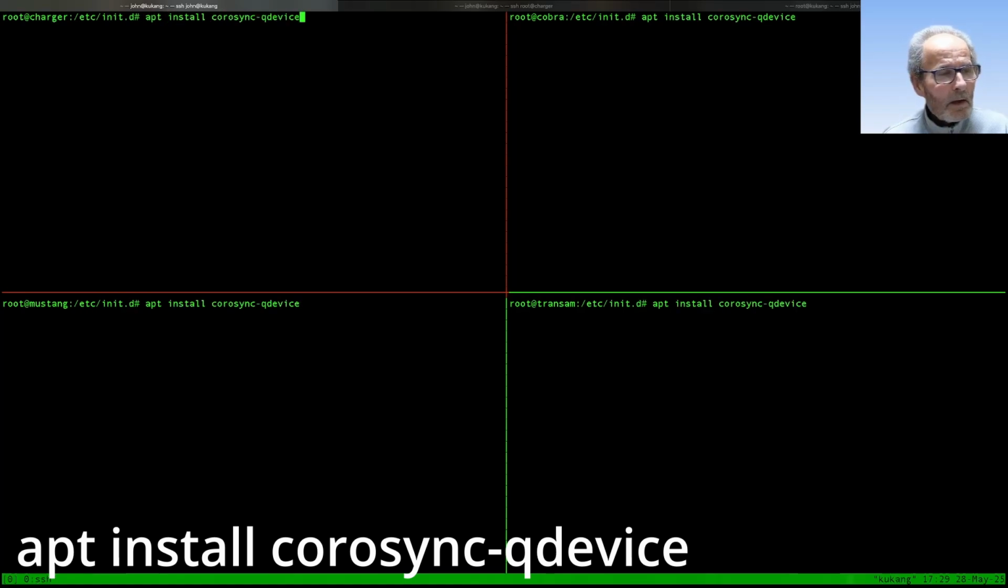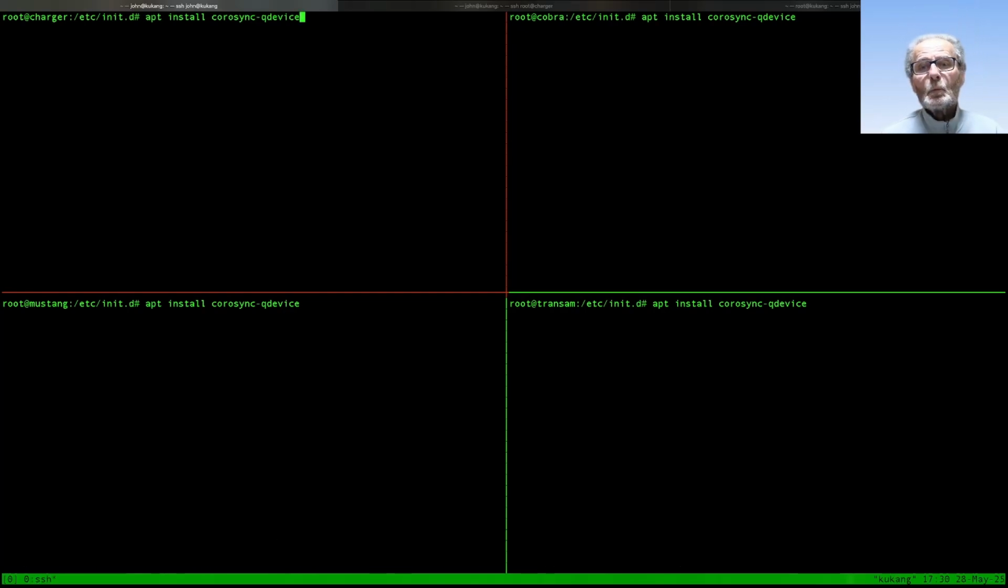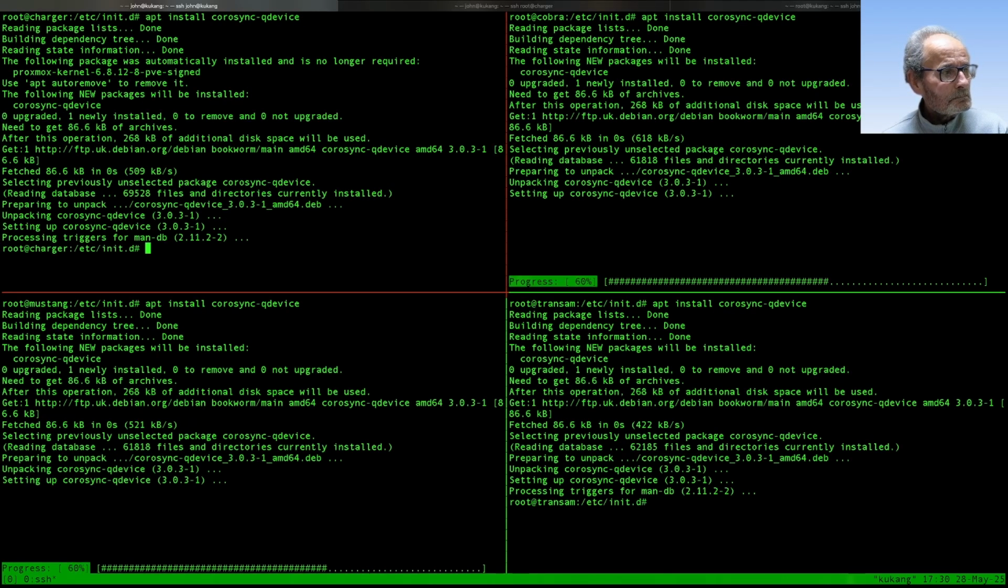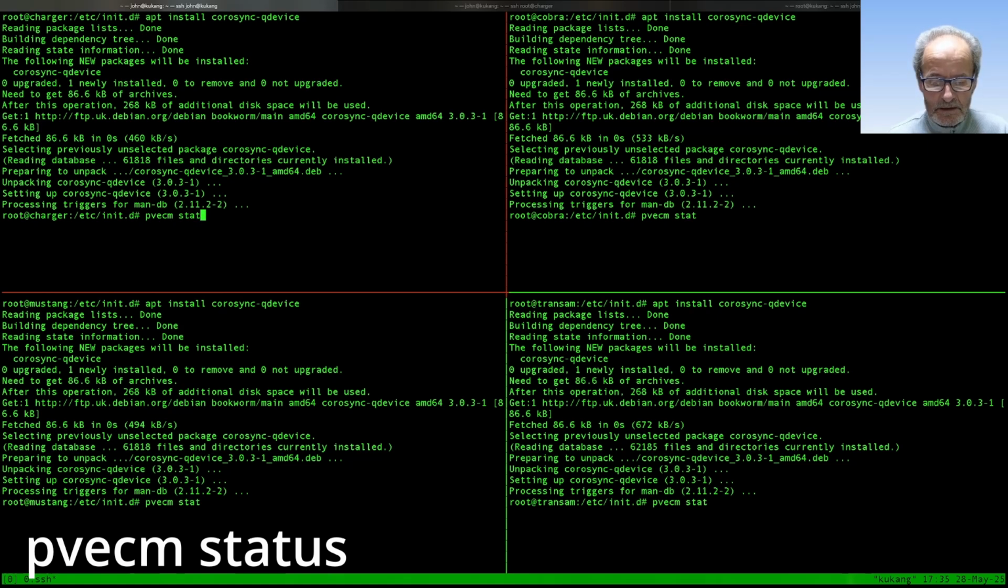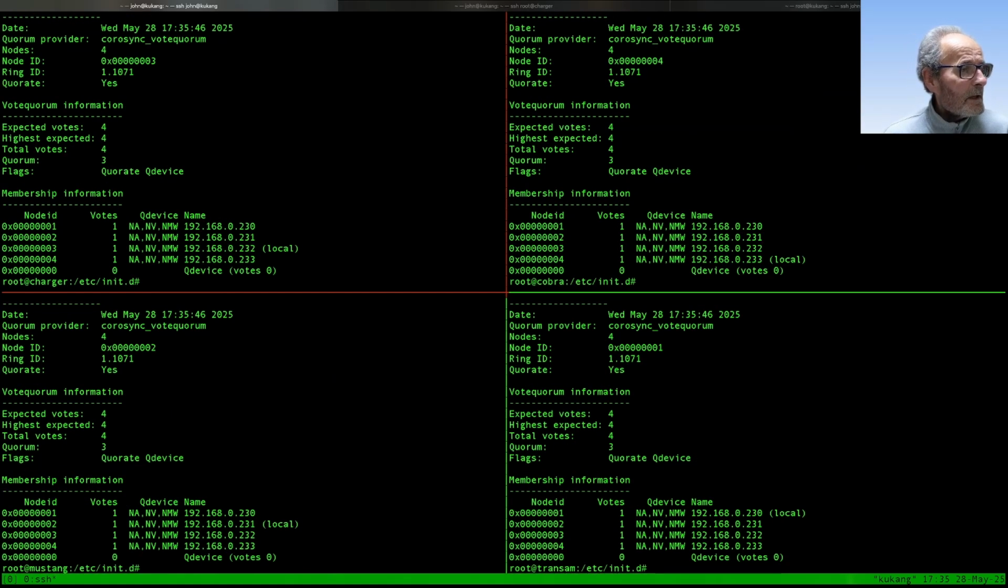corosync-qdevice and hit enter and look out for any error messages or anything, of which there should be none. Okay, so we now do a pvecm status, so that's Proxmox Virtual Environment Cluster Manager status, and this will tell us all about our quorum. And at the moment we can see that we have, instead of just 4 devices listed, in other words the 4 nodes in our cluster, we now actually have 5. So at the bottom of the list down here we actually have the QDevice now mentioned, which wouldn't have been